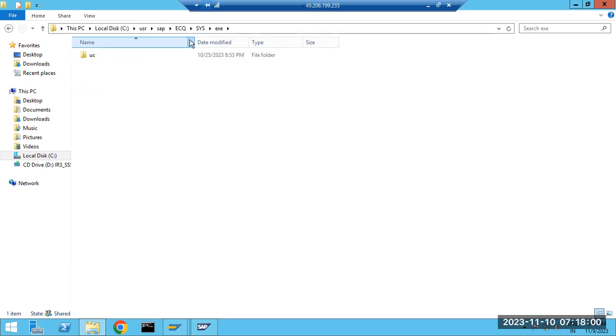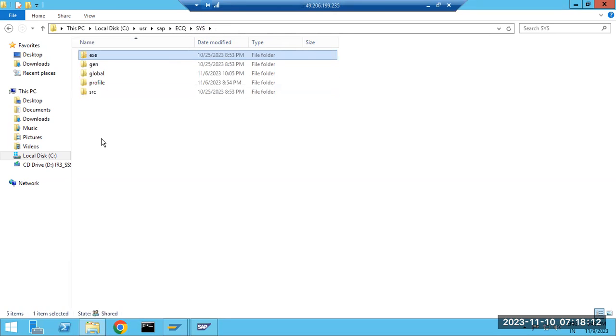Two ways: either we restore it back, or we copy the new kernel files into this location. If we install the new one, we are going to delete the existing files after the installation, right? In case you deleted it accidentally, we have new kernel files in the service marketplace or somewhere it is available. From there we need to pick them up and replace them here.